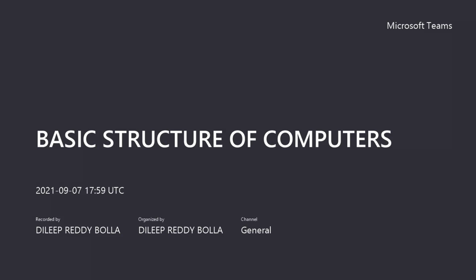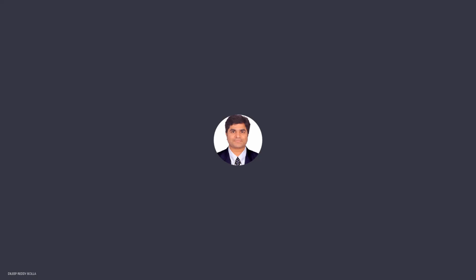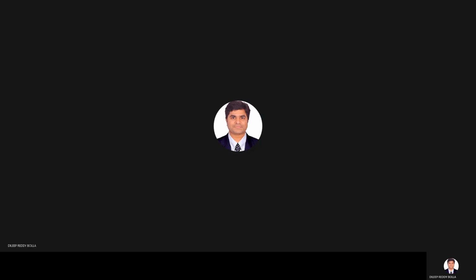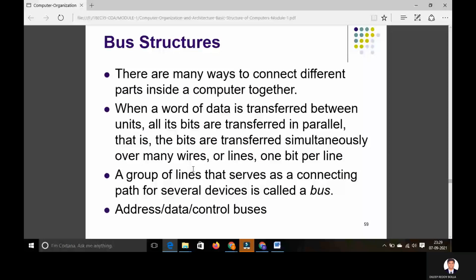Today we look at the bus structures of computer organization and architecture. We all know that computers have central processing units, memory units, as well as I/O units. All these units are hardware components, or modules, of the computer, right? Now, all of these modules, like the memory unit, processing unit, and I/O unit, work together with